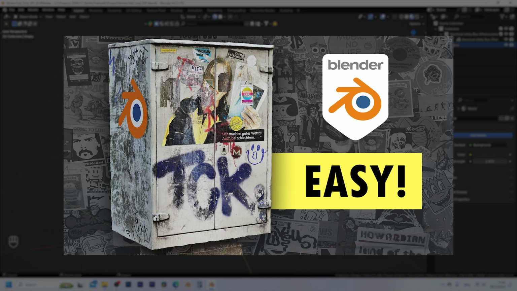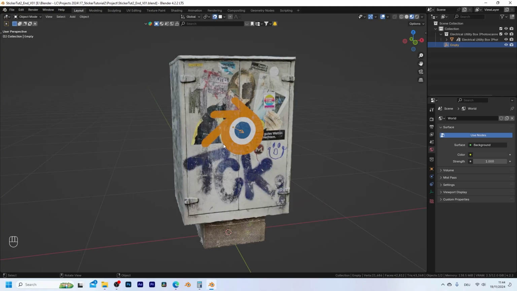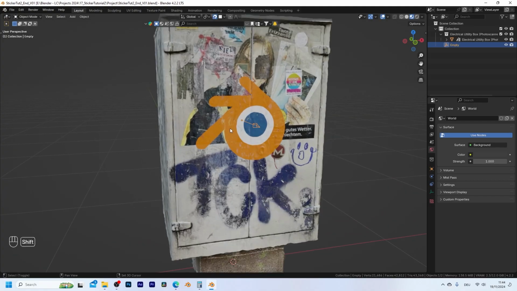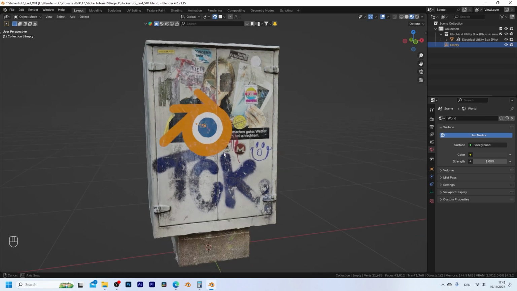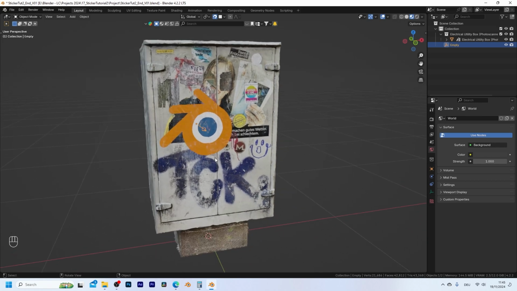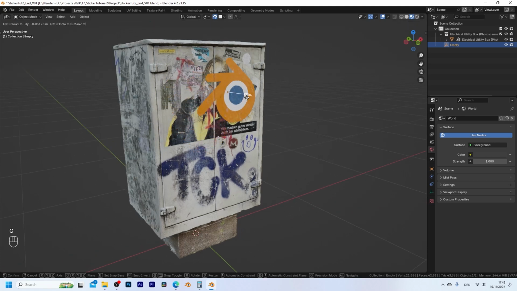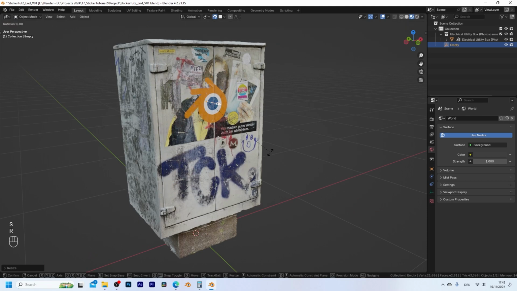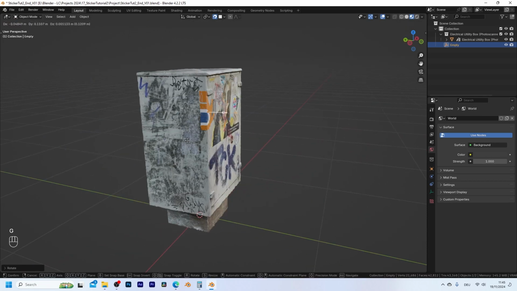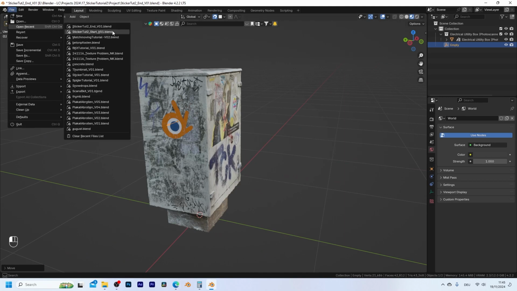Two weeks ago, I shared a tutorial where I showed two different methods to place stickers on your 3D models in Blender. Now I found another method that I think works even better, but is just slightly more advanced. So in this tutorial, I would like to share how this works and how we can get an empty in order to control the placement of the sticker, which also allows us to control the scale and the rotation of the sticker very intuitively. So let me show you, and for this I'm gonna open up a new blend file,